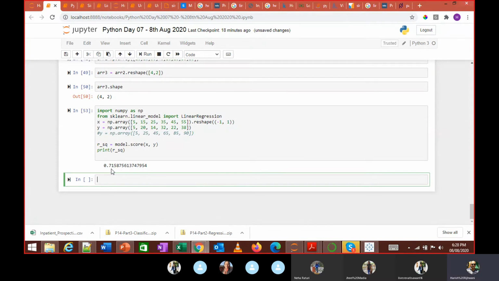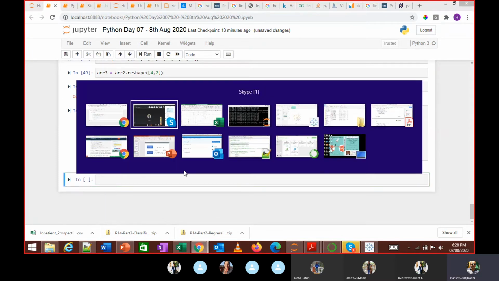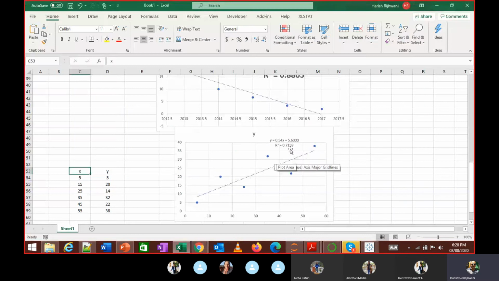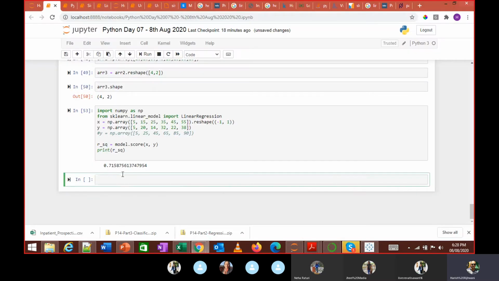You see this R square value is what? 0.71587. What did we get over here? 0.7159. It's the same thing. Making sense? I am getting the same value when I'm using Python also.